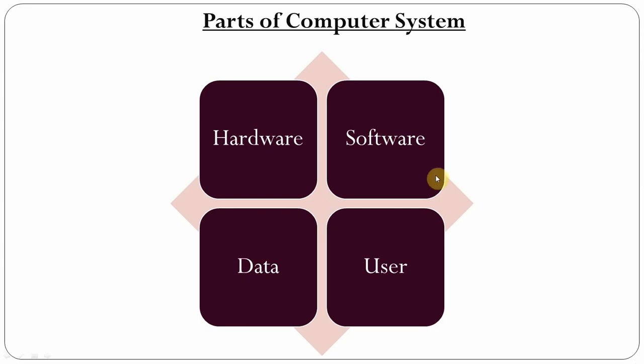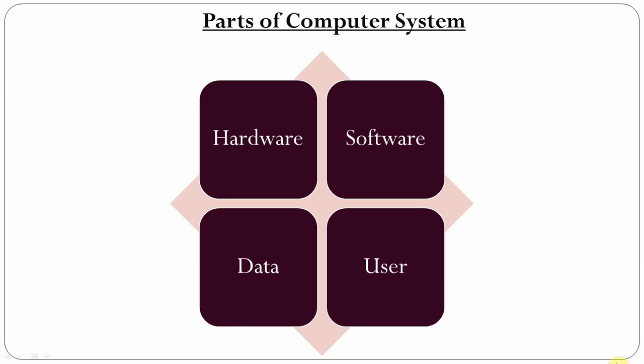Second is the software. So, what is software? Software is the logical part of a computer. It is a set of programs. Software cannot be seen or touched. For example, operating system, compiler, Tally software, Photoshop, etc. These are examples of software. So, the main difference between hardware and software is that hardware is the physical part of a computer system and software is the logical part of a computer system.